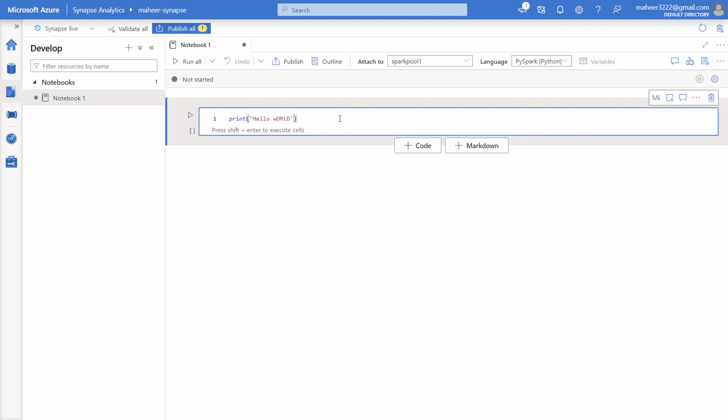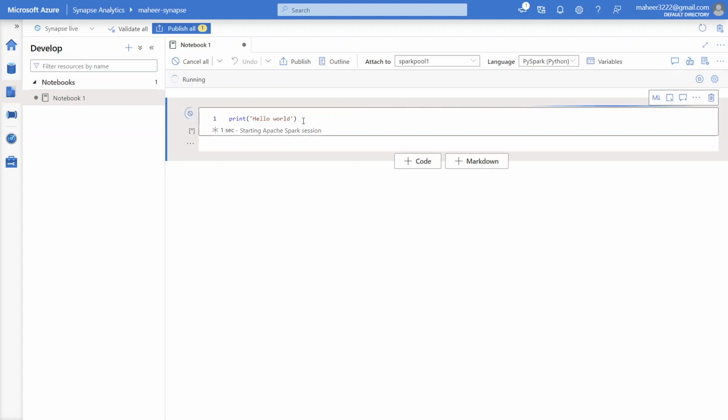Let me type it here, hello world, and now if I hit this run button, this is going to start the session and execute whatever code I have in this cell, and then the output will be printed here itself. So this is how we will create a notebook and work with it. Of course, we will interact with data like storages, read the files, load the files back to the storages, create data frames, do transformations, all that stuff. This is a simple demo of how to create a notebook, so I'm not going into details about it.